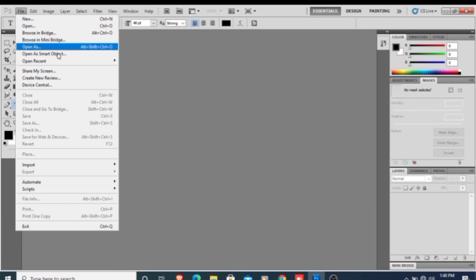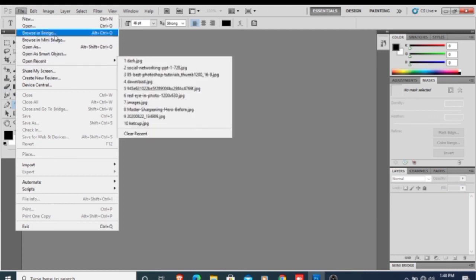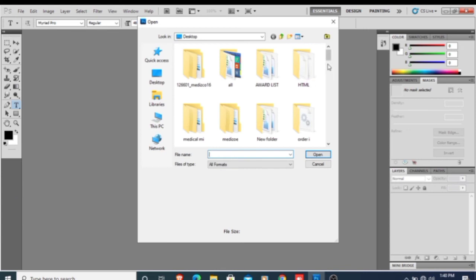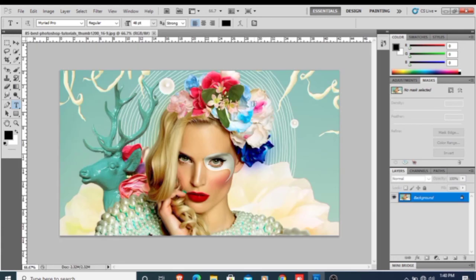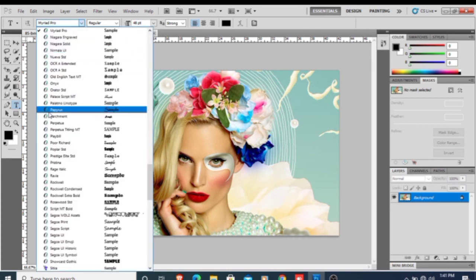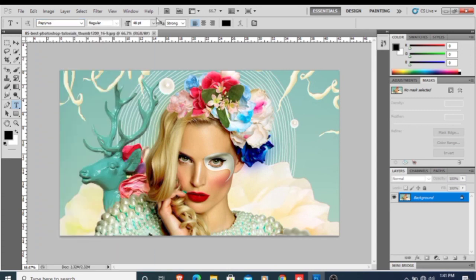Students, our next tool is adding text to an image. Means if we want to add something to our image or write something on our image, we just have to select the image. Under the Text option we select the direction. We can write our text in horizontal or vertical format. Suppose I want to write my text horizontally, I just have to select horizontal. From the option bar we can select the size, color, font type, etc. Here I just have to select the font type, font size and font color.